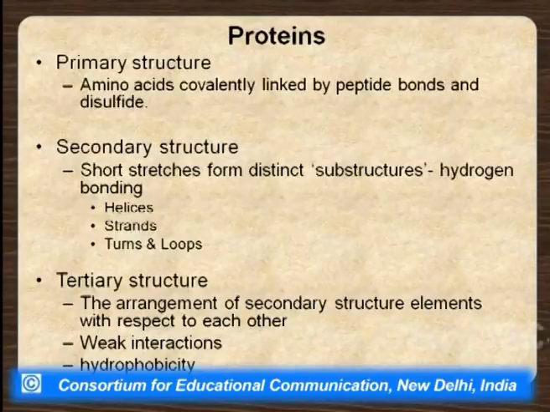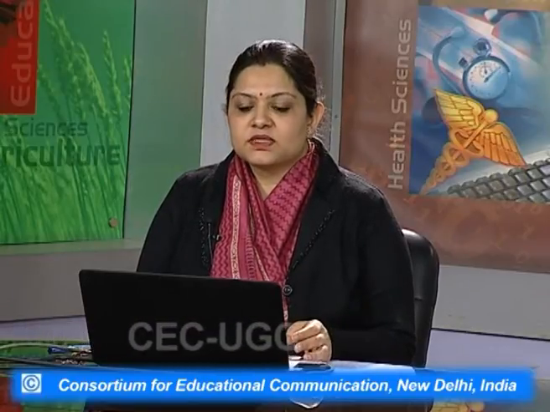Again, more complex was the tertiary structure, which was the functional unit which gave the function to the protein. Here the secondary structure elements were oriented in a way that is held by weak interactions, and hydrophobicity was the major force here, and it gives rise to the functional protein. So, we will be looking at techniques to study all these structures, and today we are going to focus on how we can decipher the primary structure of the protein, namely the amino acid sequence.